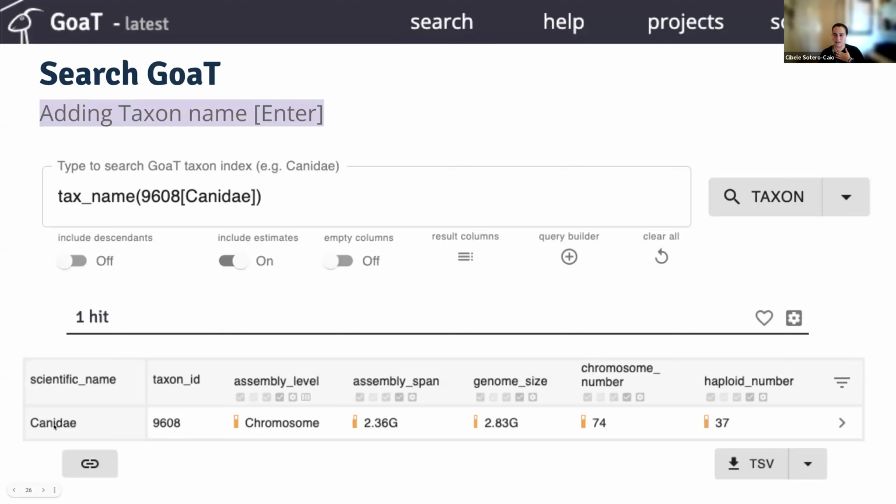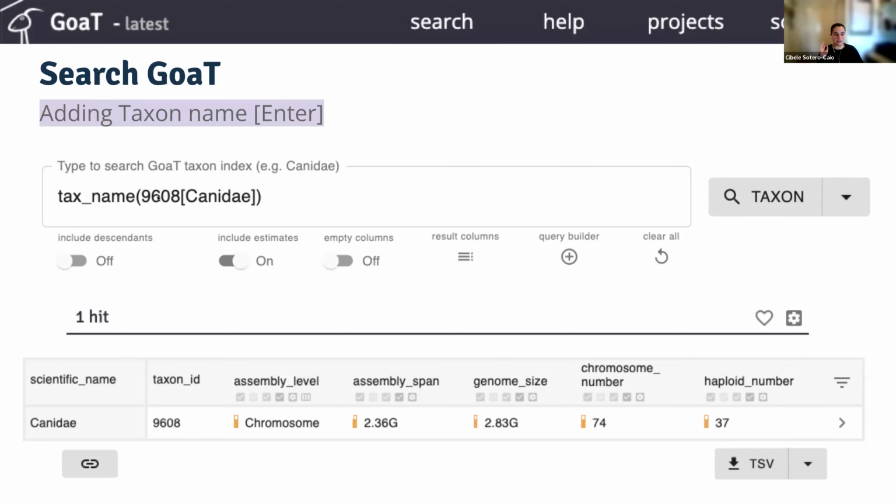If you click on Canidae, it takes you to the record page. If you hover over this, it will show you what each attribute actually means. Some of them will have longer descriptions. Some of them will be kind of intuitive, so I didn't repeat what it says. But genome size is actually genome size. Assembly span is the assembly length.